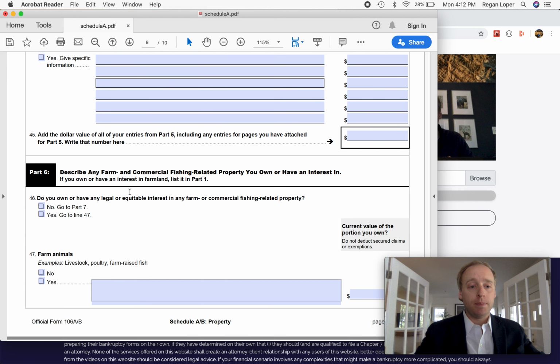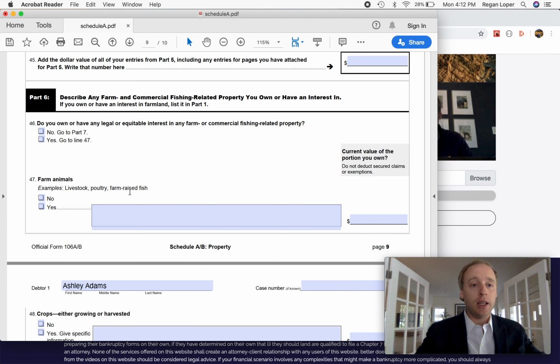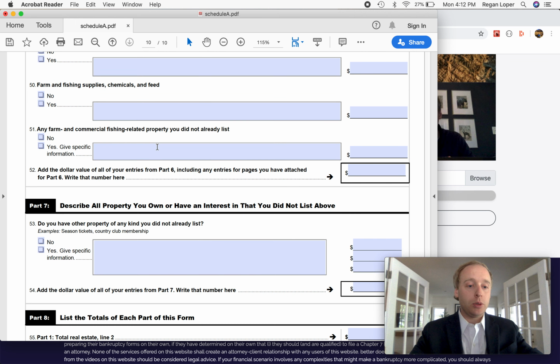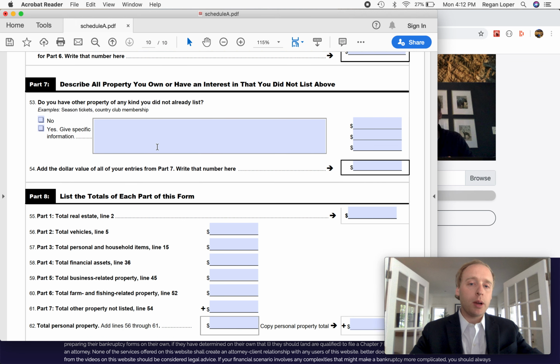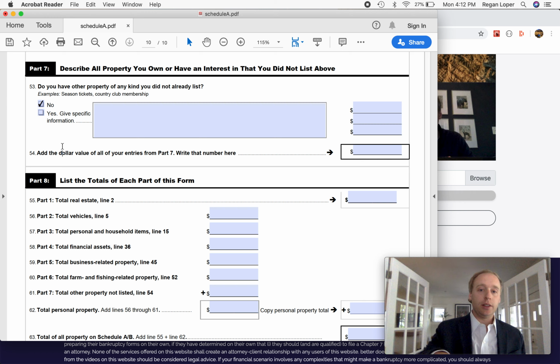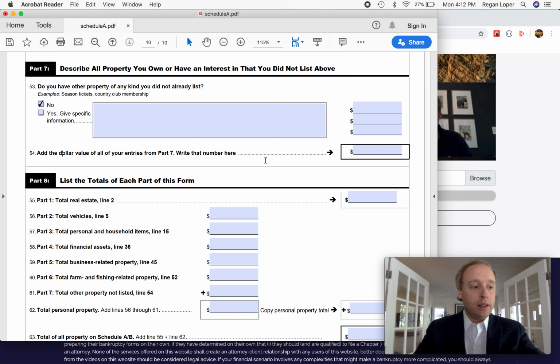Okay, Part 6, describe any farm and commercial fishing-related property you own or have an interest in. In her example, she selected no. She does not own or have an interest in any of these things, so she selected no, and it instructed her to move on to Part 7. Describe all property you own that you didn't list above. She says she's already listed everything, and so she doesn't need to list anything else. It asks to add the